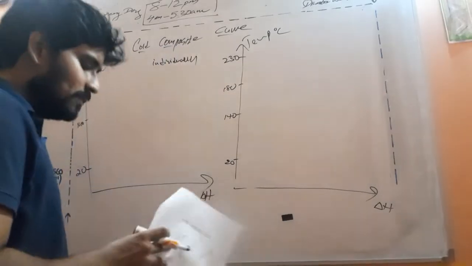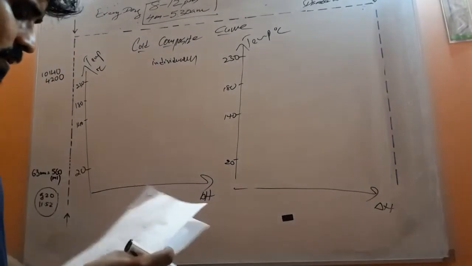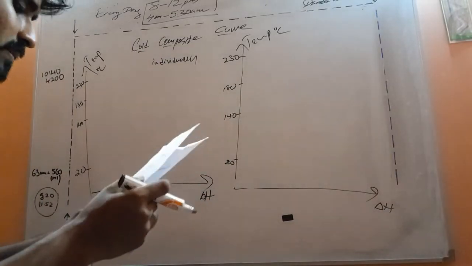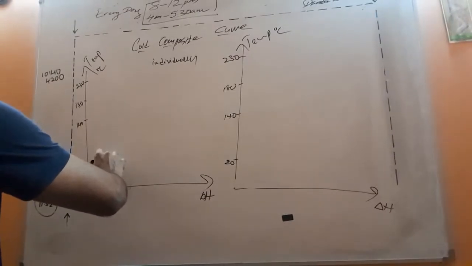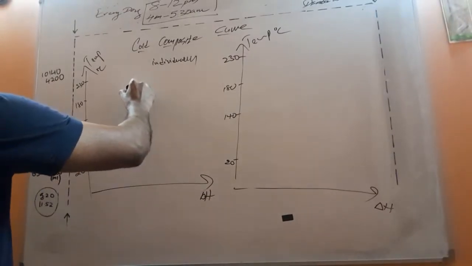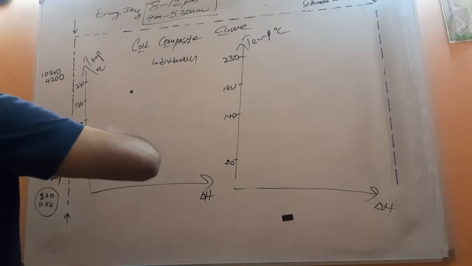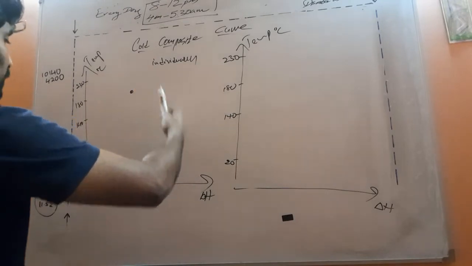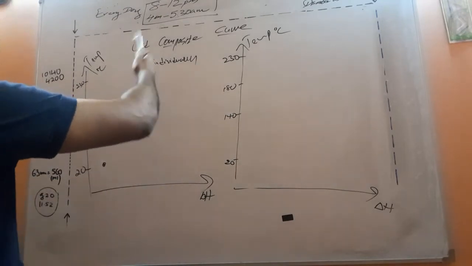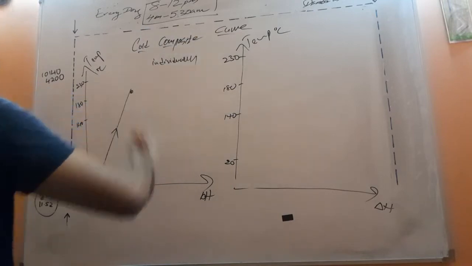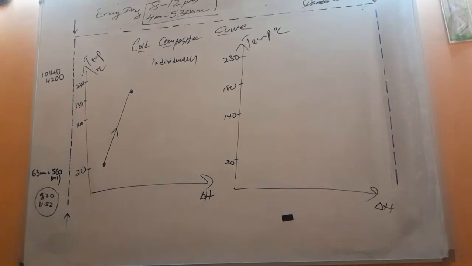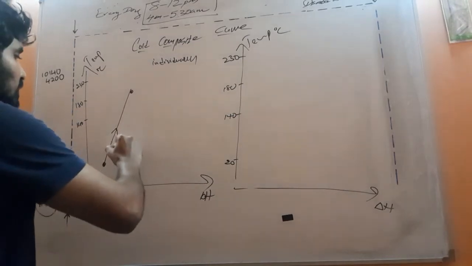So what is the first profile we have? The first cold profile we have is 20 to 80. Okay, no problem. Let's say 20 is there, let's say 180 is here. First profile is 20 to 80. Arrow is directed from the lower temperature to higher because this is the cold composite curve. Okay, right?